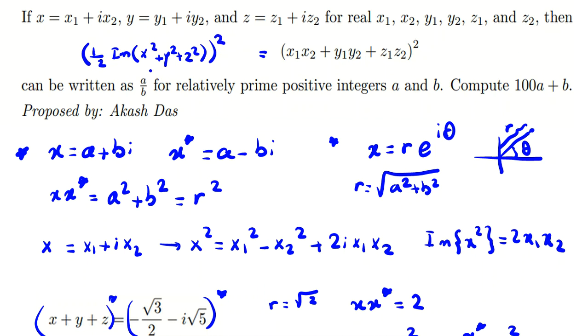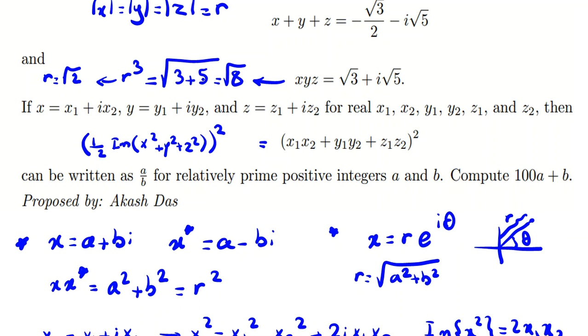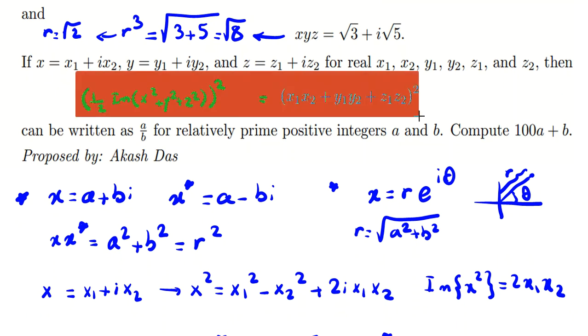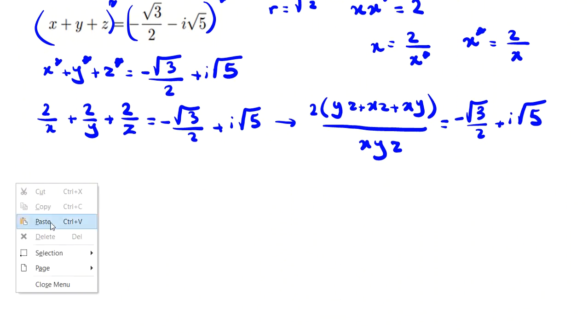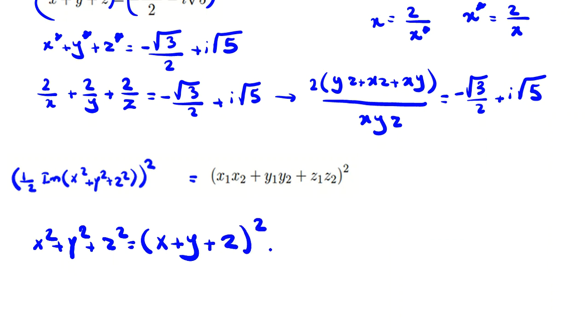So I need to find x squared, y squared, z squared. I know x plus y plus z is what? So I can say x squared plus y squared plus z squared is x plus y plus z squared minus 2xy, 2xz, 2yz. Okay, so let me copy this part. Copy, and here I say, okay, I want to find this x squared plus y squared plus z squared. Because I want to find this, it is x plus y plus z squared minus 2. You should memorize this identity. 2 times xy plus xz plus yz. Now,